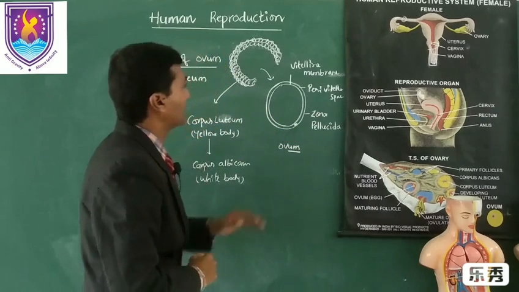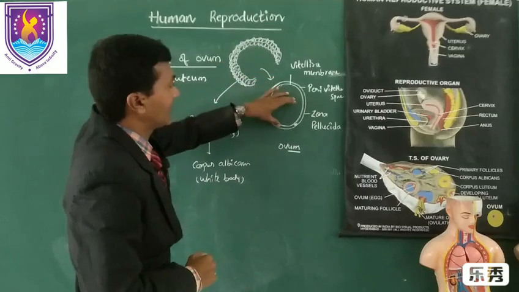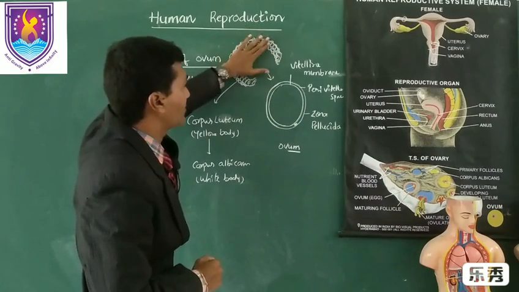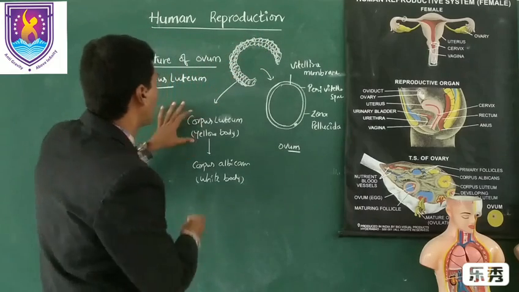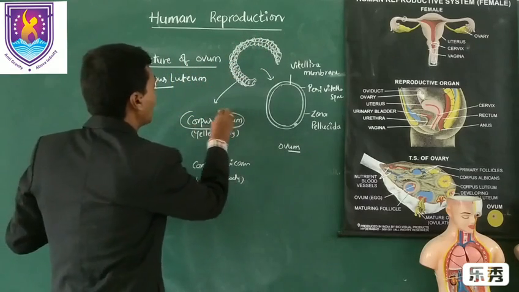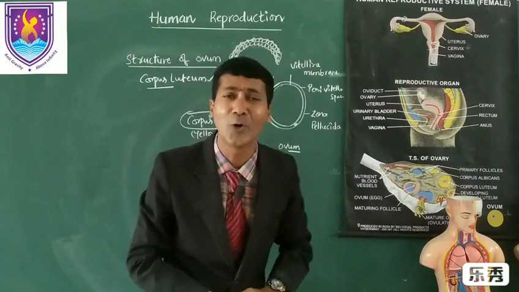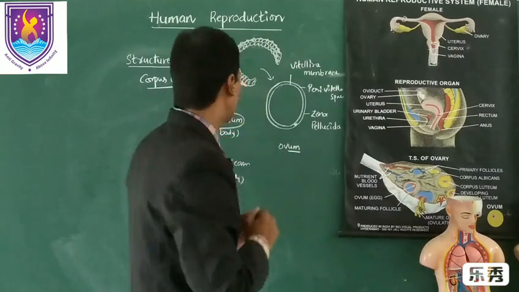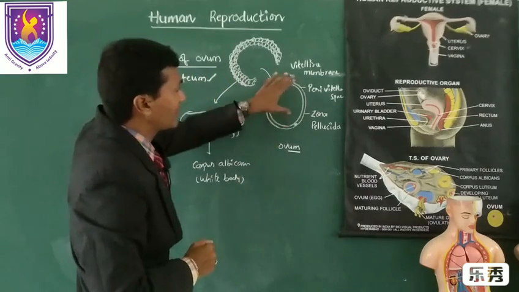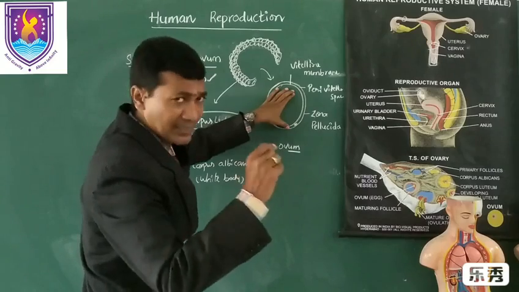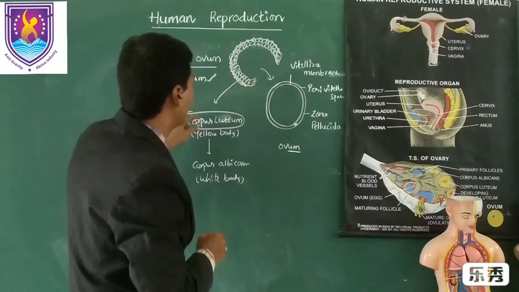So my dear students, after the secondary oocyte is released from the ovarian follicle, this ruptured ovarian follicle becomes the corpus luteum, generally called the yellow body. Here the thing is, if the secondary oocyte is not fertilized by the male gamete, the sperm, then